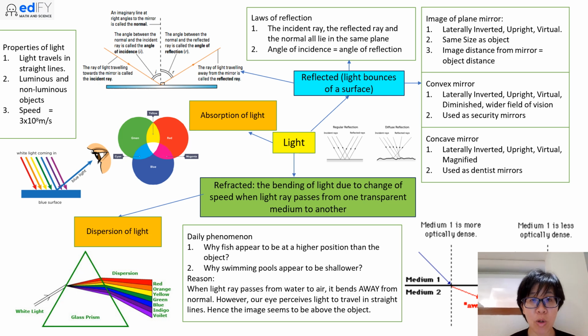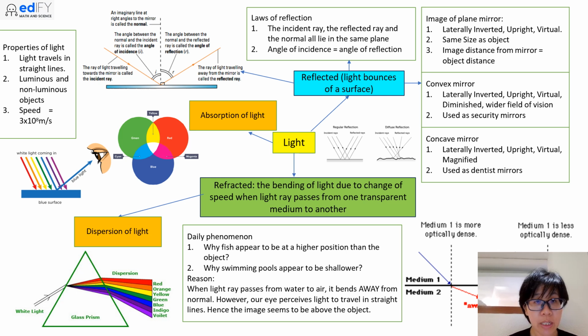First, we need to know more about the laws of reflection. So if you can see here on the top, laws of reflection. Number 1, the incident ray, the reflected ray, and the normal all lie in the same plane. Number 2, the angle of incidence equals the angle of reflection. Now what you need to know next is how the